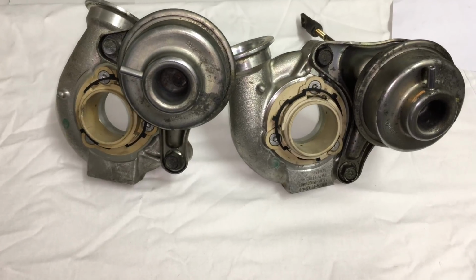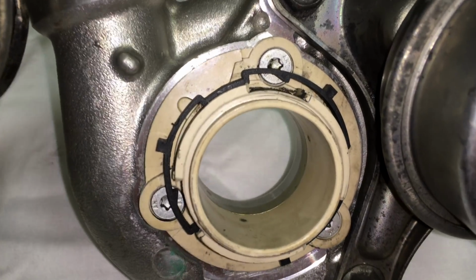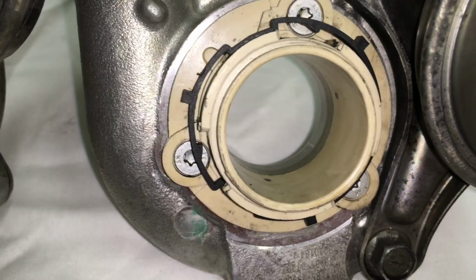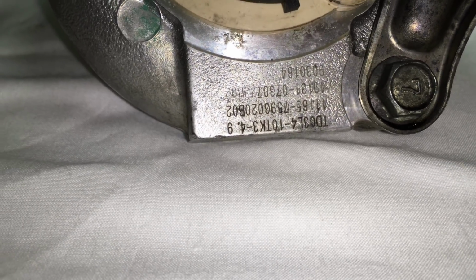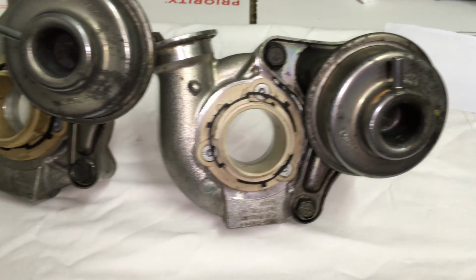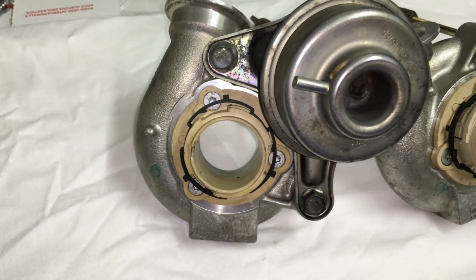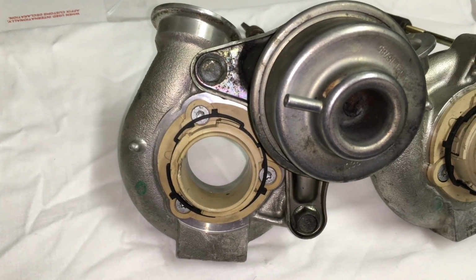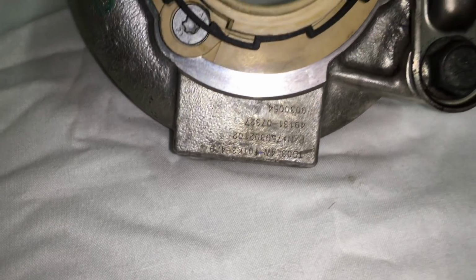Here is a set of BMW X6 N54 compressor housings. They do have a plastic inlet, which makes it a little complicated for the upgrade. I know that I can remove the plastic piece and machine behind the plastic piece and sleeve it for a pipe to have a new inlet, but I don't know why that was made plastic in the first place,